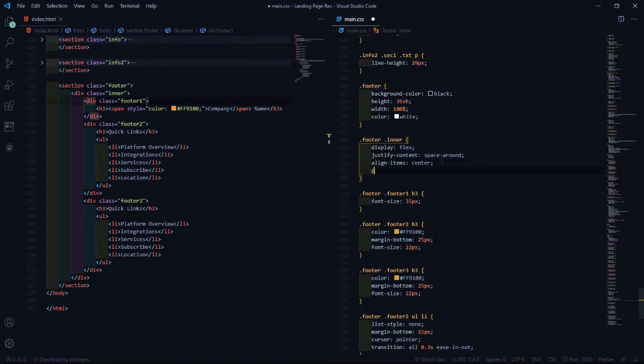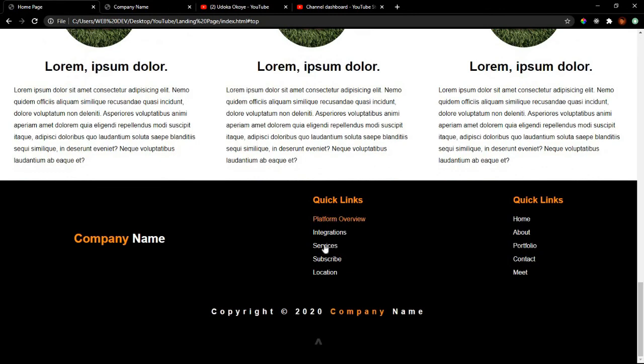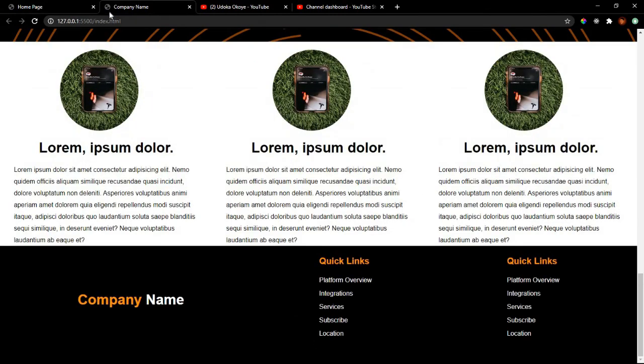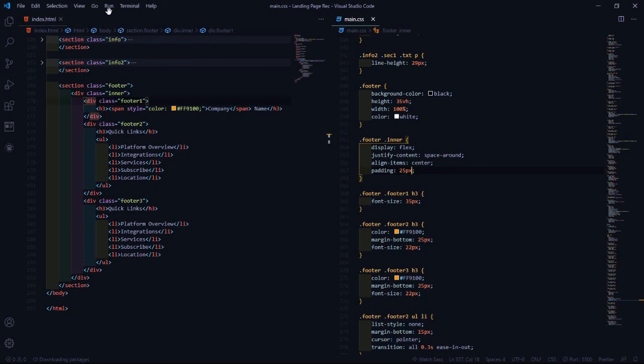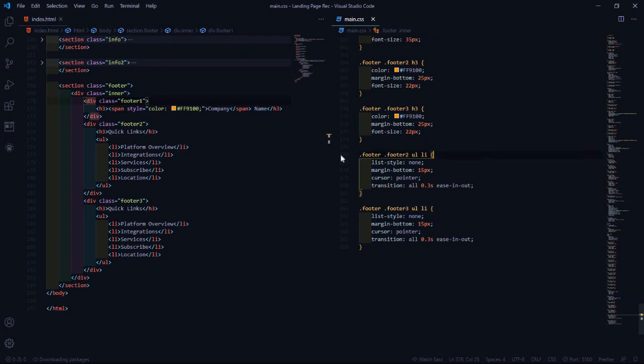So the inner, let's give it a padding of 25 pixels. Yeah, okay, I think this is better now. So let's add, sorry about that, let's add a hover effect. So when we hover over this, just like this, hover to give us this effect here. So let's just get our list items here, then we'll add